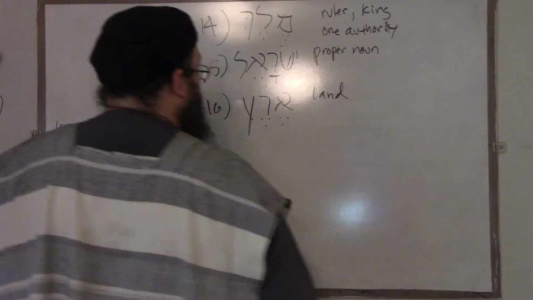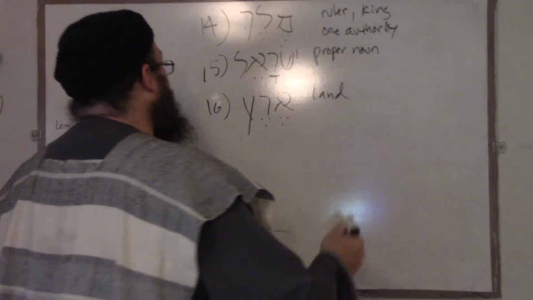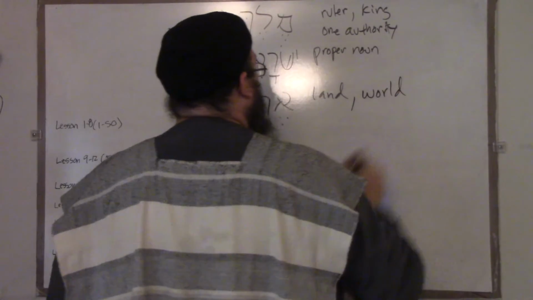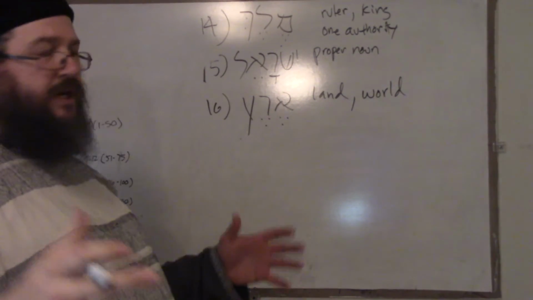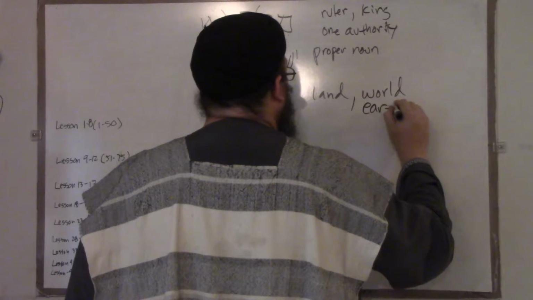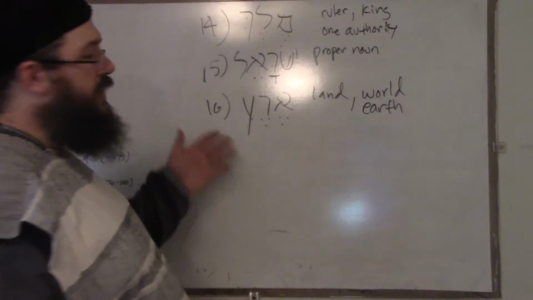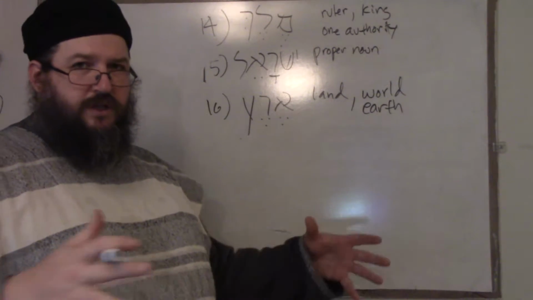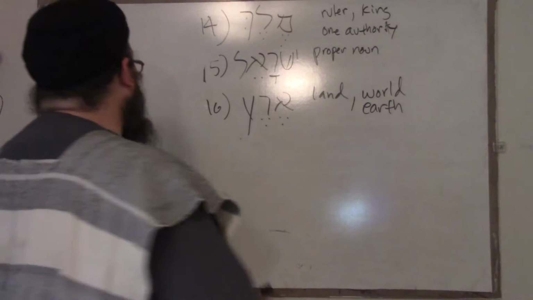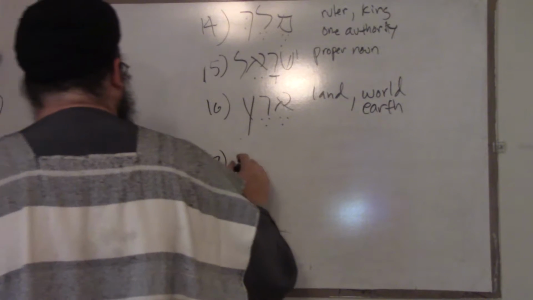Eretz means land, as in a massive land area. Also, it's the word for world, such as the earth, okay? You can put also earth here. Also, land, when you're talking about eretz, you can refer to a country as the eretz, the land, like I said, massive landmass, okay? 17 is the word yom,